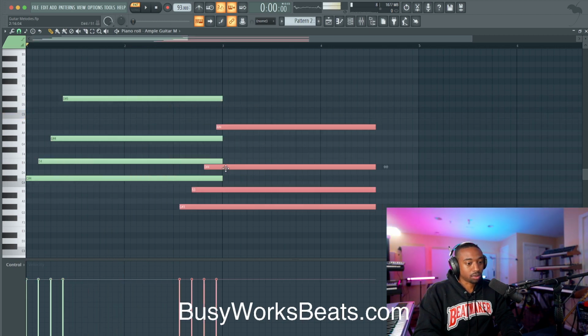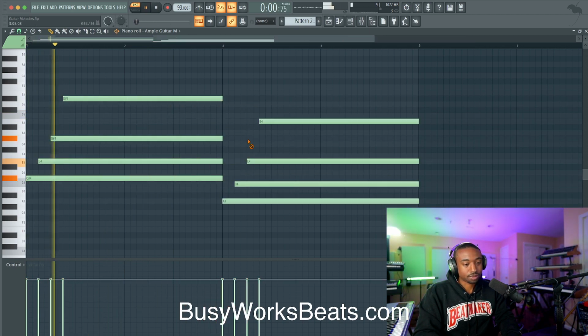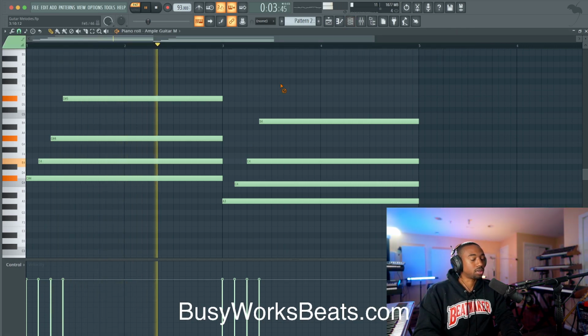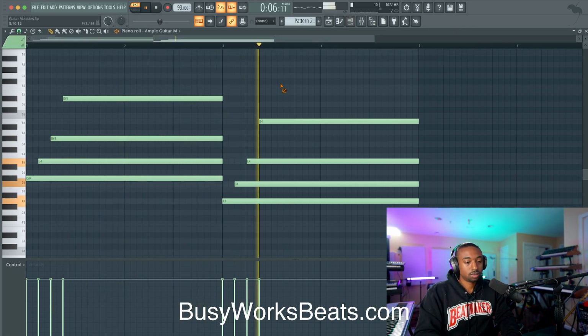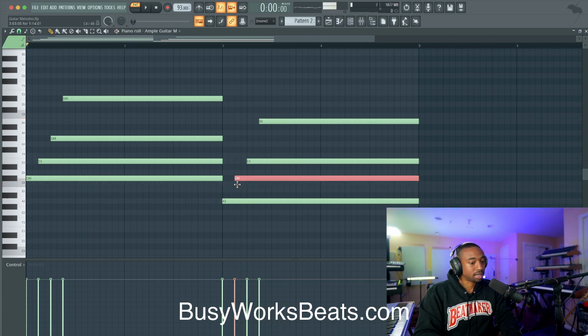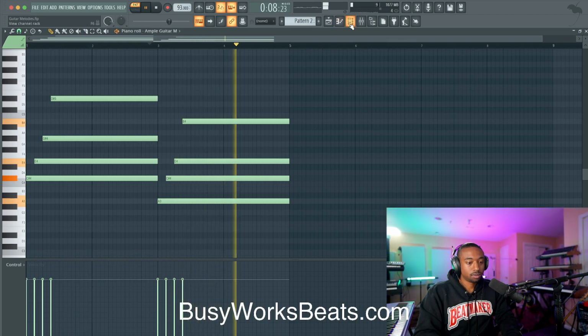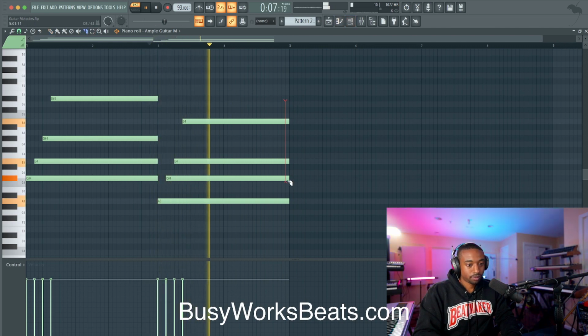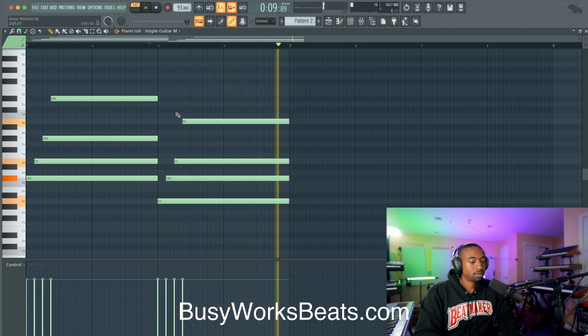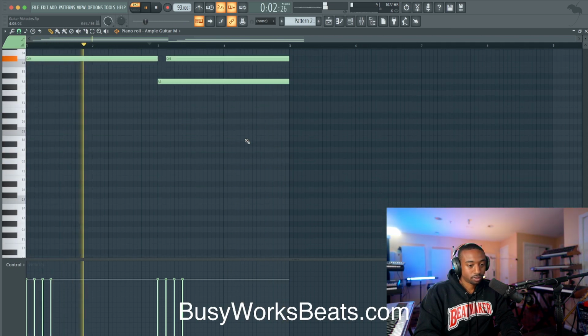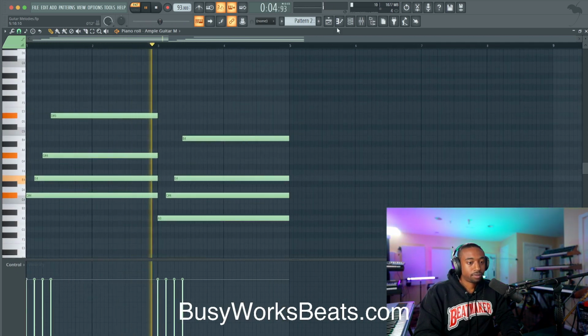Okay, now I want to hear B, so we're going to transpose this down to where B is the top note. And if the chord feels wrong, we'll transpose it to a major chord. It feels a little mysterious. What happens if we take this middle note, pull it up one? It has a less mysterious sound to it. So there's no right chord or wrong chord. Okay, so that's how you create R&B chords.